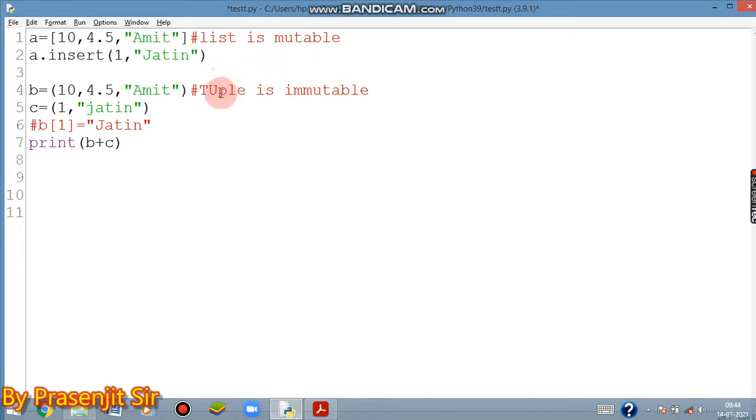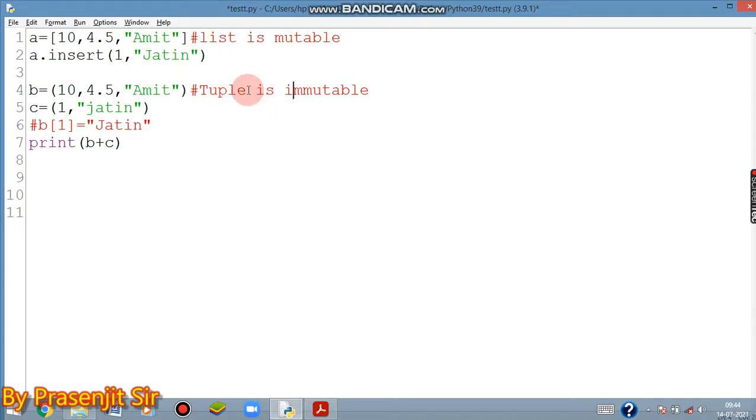So what is the process to recall this? Here is the trick. Here are many alphabets, and here are also many alphabets. So many alphabets, many alphabets, less alphabets, less alphabets. This is the process of remembering the concept. Sometimes you are puzzled whether tuple is mutable or immutable.